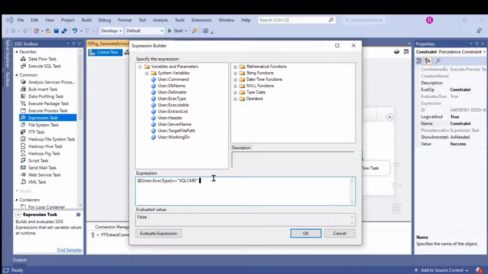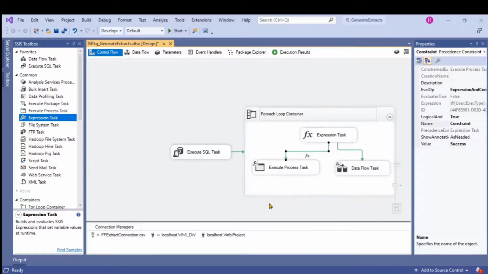And also we have to define here, okay, it is showing, so it indicates OR. For OR condition, we can't use the word OR in an SSIS package expression. We have to use the logical operator, double pipe symbols here. I want to navigate the control to execute process task when it finds execute type as SQL command or BCP command. So let's click OK and click OK, and then here